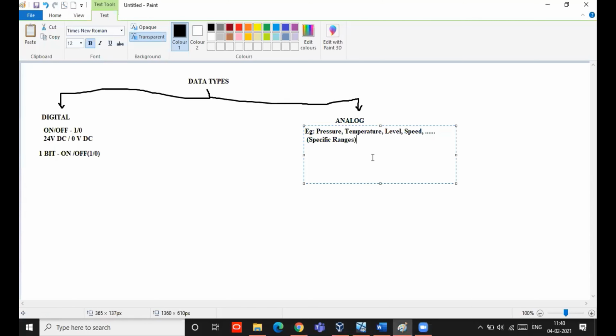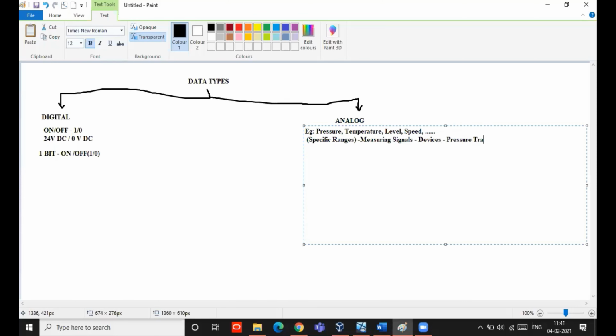For measuring these signals we use some devices, and we have different types of devices. If you want to measure the pressure, we have a pressure sensor or pressure transmitter.